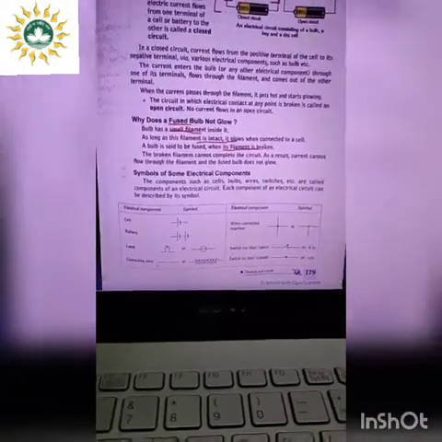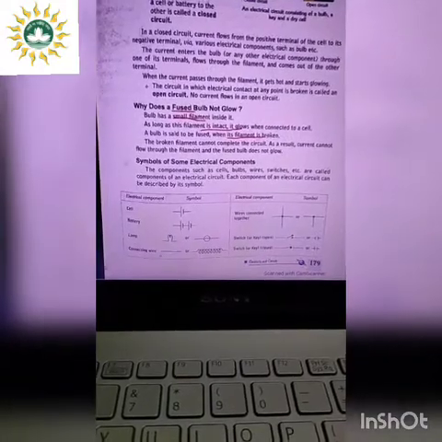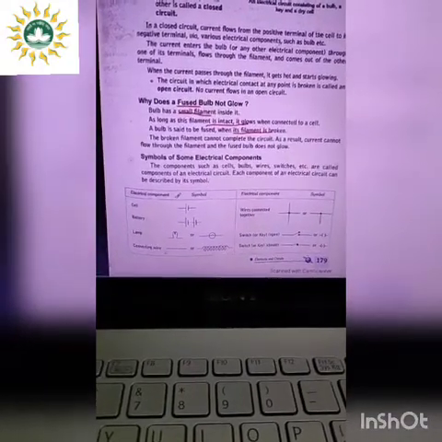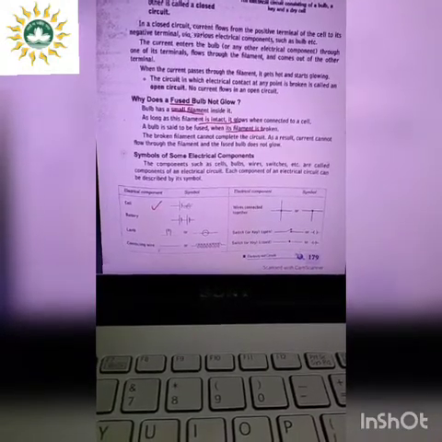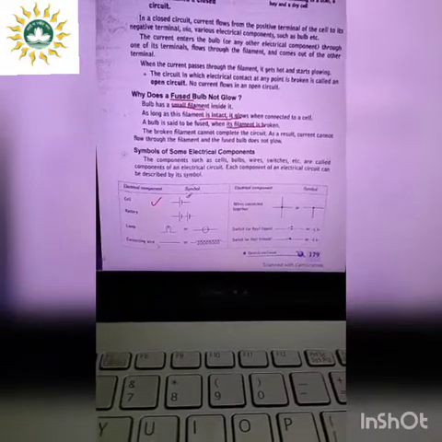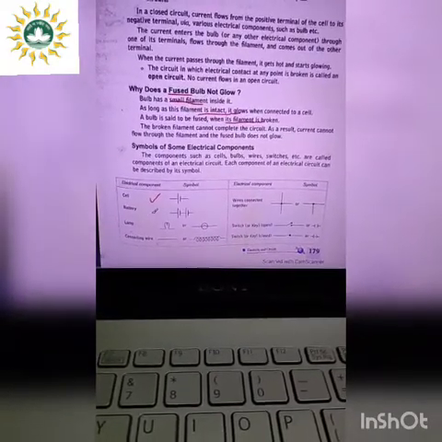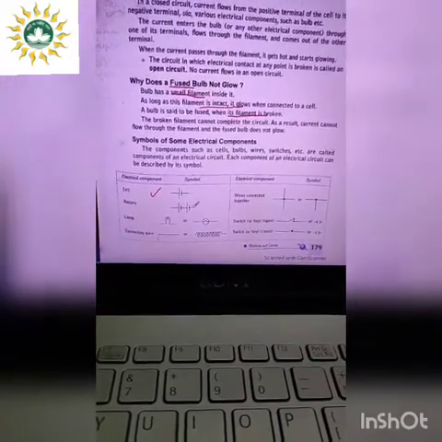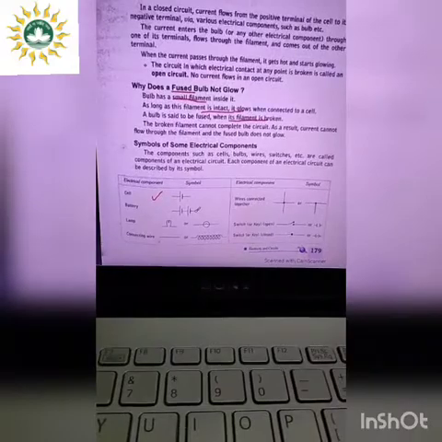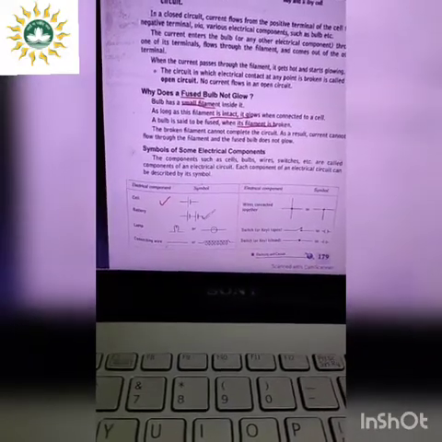Okay, there are several symbols which denote some electrical components. So you have to follow this and remember that a cell has this symbol. So when anywhere in your book or somewhere, if you see the symbol like this, it denotes a cell. Again, there is a battery. Battery is nothing but one or more cells. So you can see the symbol of cell is given two times. That means battery is two or more cells. So this is the symbol.